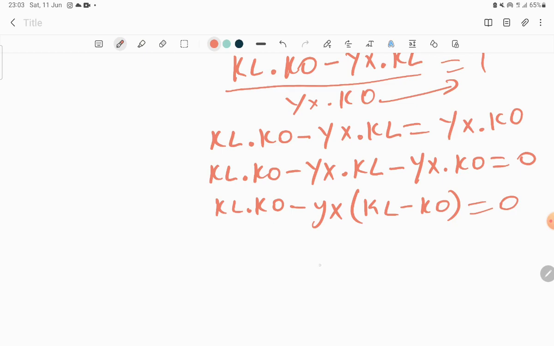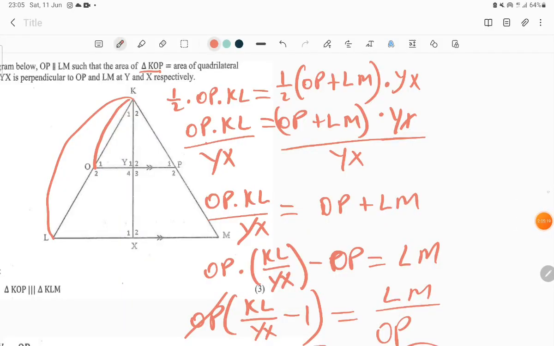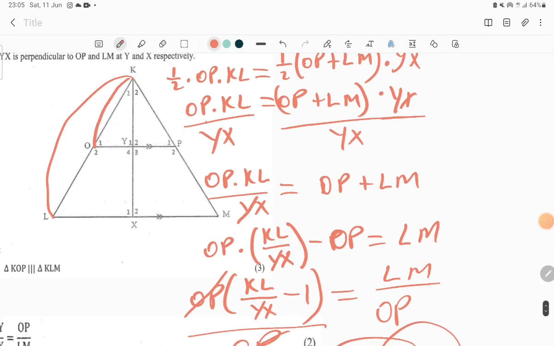We can always divide. All right, I figured it out that this is the area of this triangle. Remember, the area of this triangle is OP